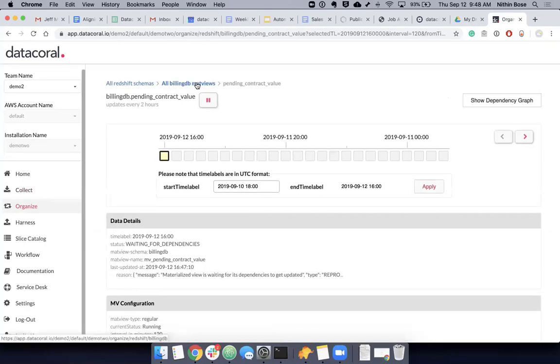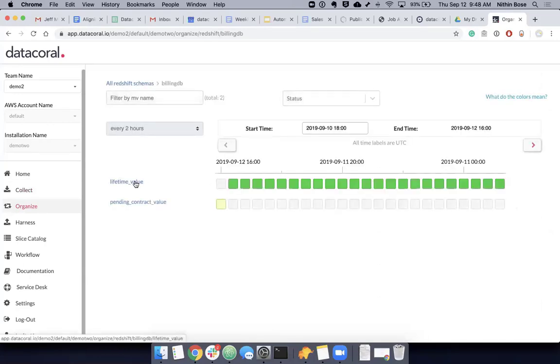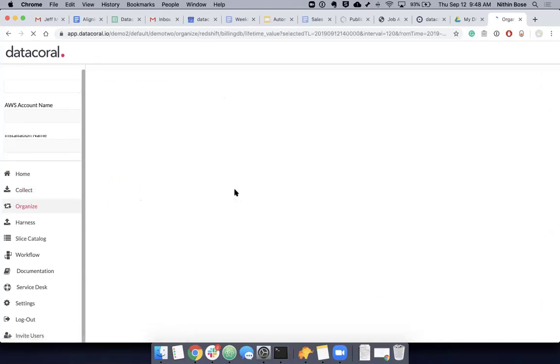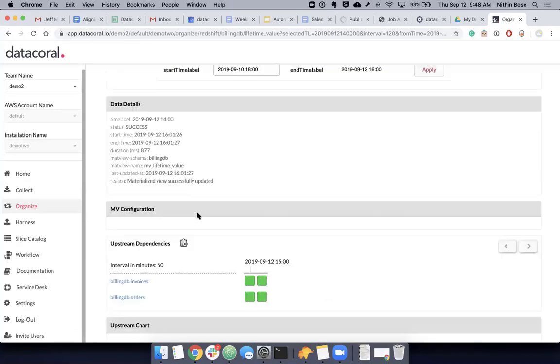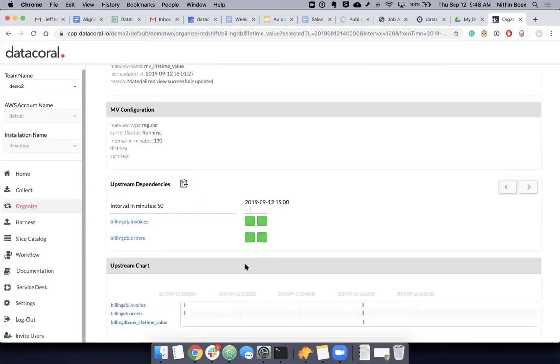That's right. So let's just go back and look at something that was done prior. This is lifetime value. This is something that has been running consistently every 2 hours, similar to this one, and it's able to get data from the same tables. And the best part is it's actually managing the flow and the execution and orchestration that we talked about. If invoice for some reason is taking a lot longer to run and finish, or it failed, the lifetime value actually stops and waits for that net new data to become available before it ends up running.